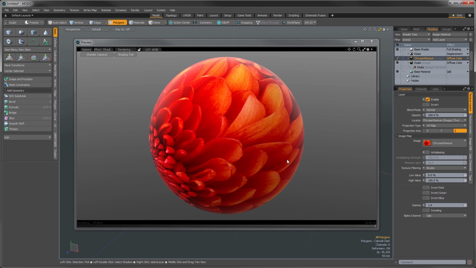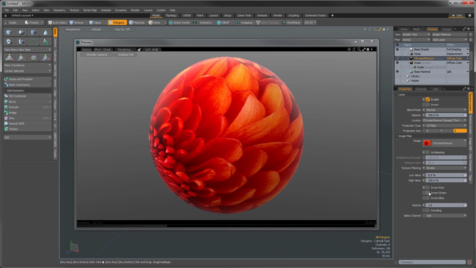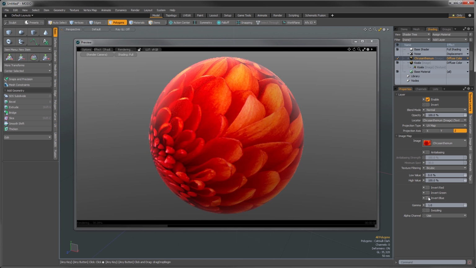diffuse color. Now the next settings allow you to invert individual channels of the image. So say you have this one, we can invert the red, which just inverts the individual red channel of that. Obviously the same thing for the green channel and the blue channel. And those by themselves aren't specifically very useful. But when you're doing game assets and you've imported, say, a Unity asset, and you've embedded different effects within the